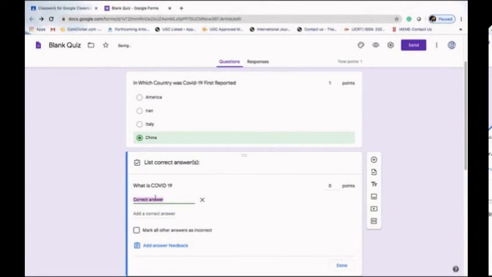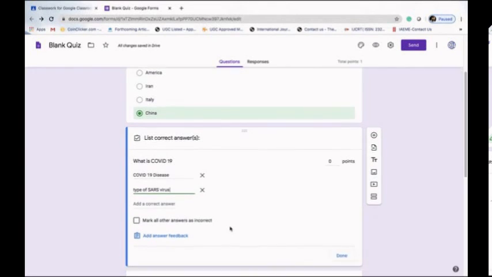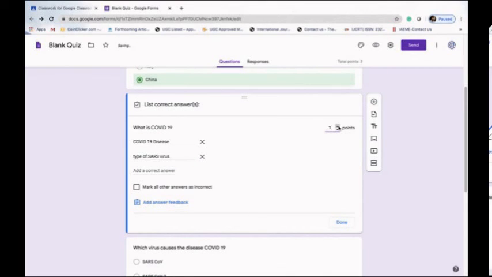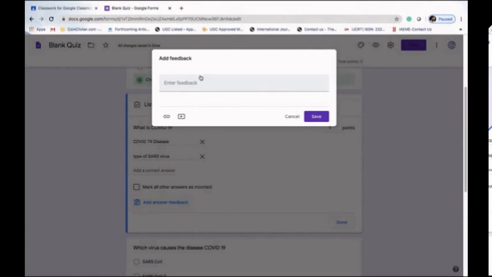So I can add the answer that COVID-19 is a disease. And we can add another correct answer: type of SARS virus. We can add certain different answers, and we can also assign points. So 1 mark if the student answers correctly, and again we can enter the feedback.